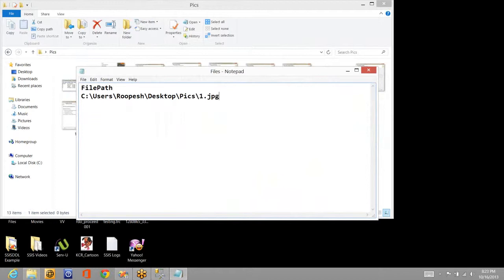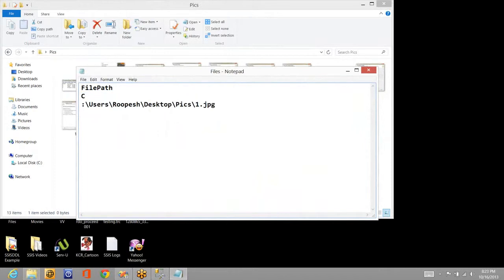I have to loop through, right? I have to get for every file, right? So I need to have that information of all the files. So it can be either database table or some text file. I'm taking text file as example. The source is text file for the file path. It can be in the database also, right?